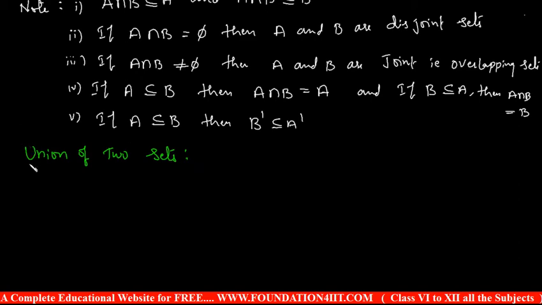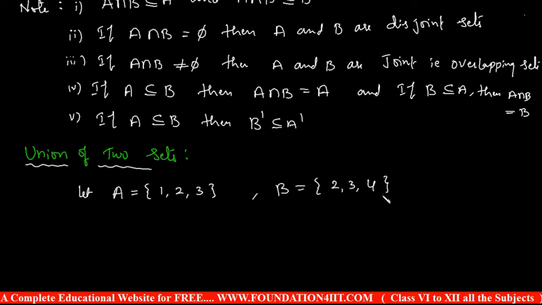So let's take two sets. The union of two sets A and B is a set of elements which belong to A or to B or both of them. Let me take one example. Let A have elements 1, 2, 3, and B have elements 2, 3, 4. Intersection is only the common elements, but A union B, with the symbol U, we read as A union B.